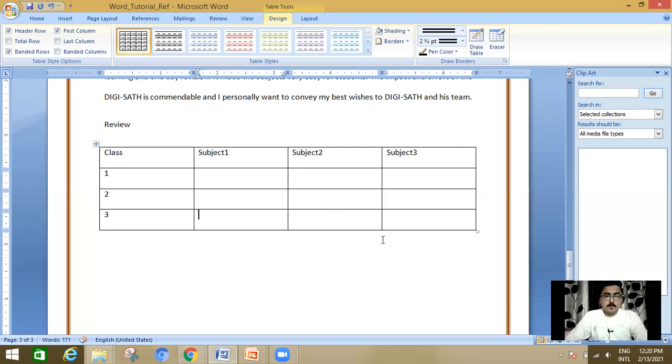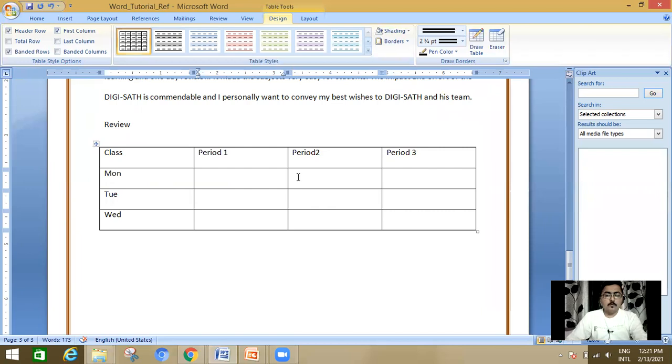So if in class 1, for example, in period 1 and period 2 on Monday, there is a lab to be conducted, so I have to merge these two periods into a single one.